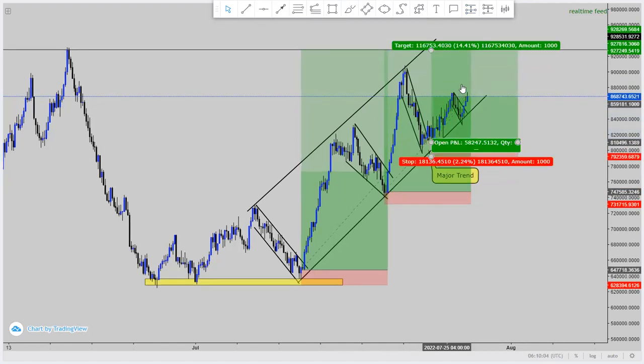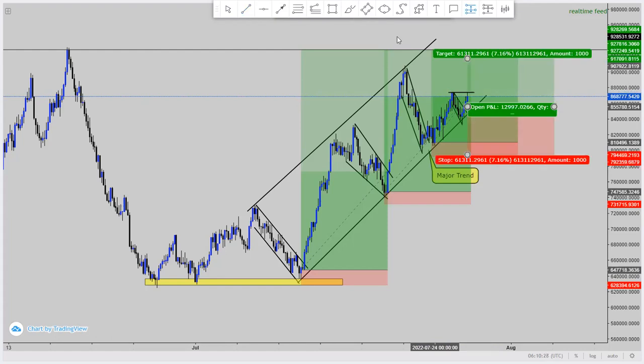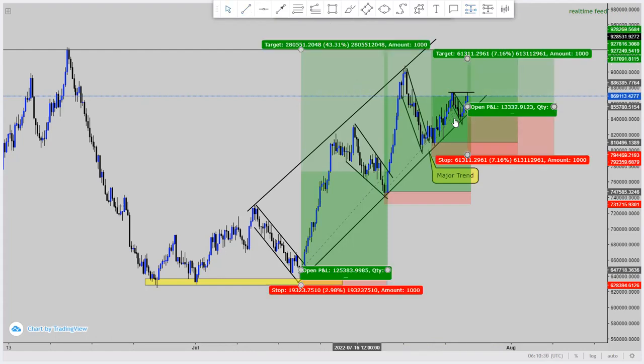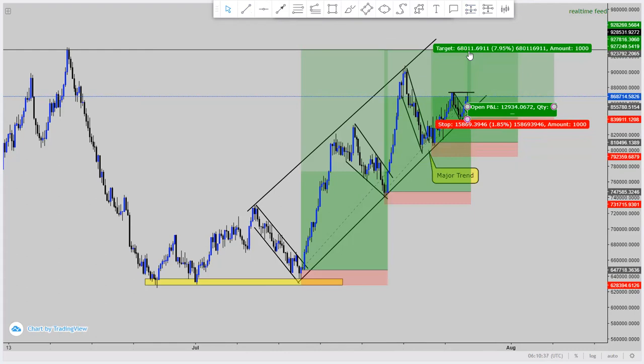Then the last counter trend is this one now. Either it's going to break, once it breaks that high there, one can even enter if it doesn't come to retest here. But if it does come to retest, that would be a good thing. We can actually enter from the bottom there again. So the target is still the same. The long-term target is still the same. But check where you are scaling in.